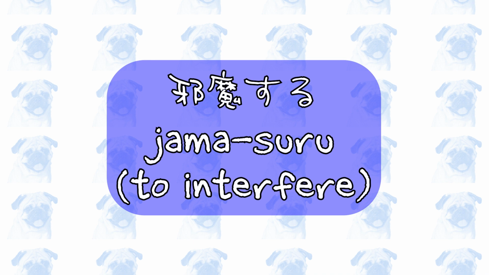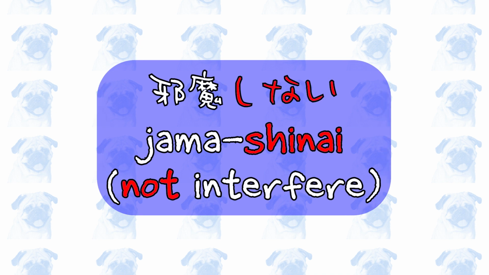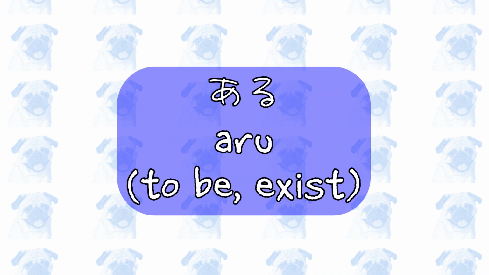邪魔する, to interfere. This is also an irregular verb. The ない form of する is しない. Therefore, the ない form of 邪魔する is 邪魔しない、邪魔する、邪魔しない。